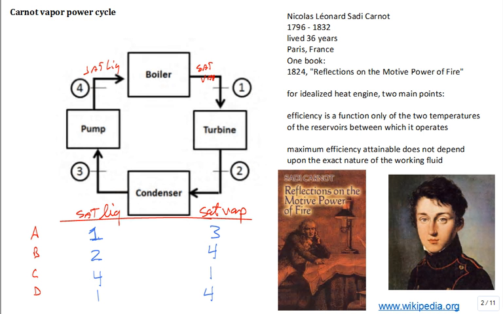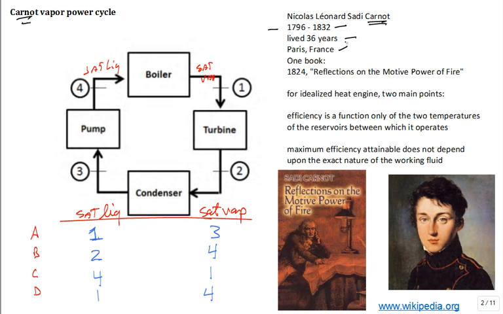The Carnot vapor power cycle is named after Sadi Carnot, but there's his full name, Nicolas Leonard Sadi Carnot. These are the years that he lived, 1793 to 1832. You do the math, he lived just a month or two over after his 36th birthday. He didn't live very long, right? He was born in Paris, France, and he lived in Paris, or France. He only wrote one book,